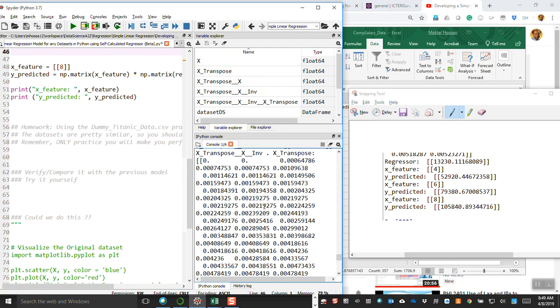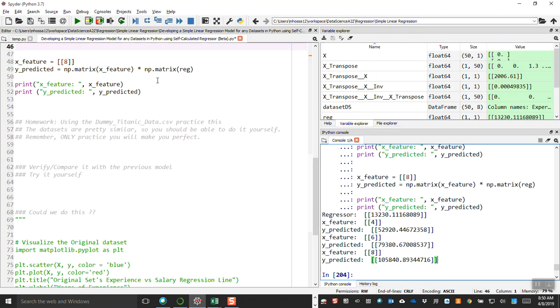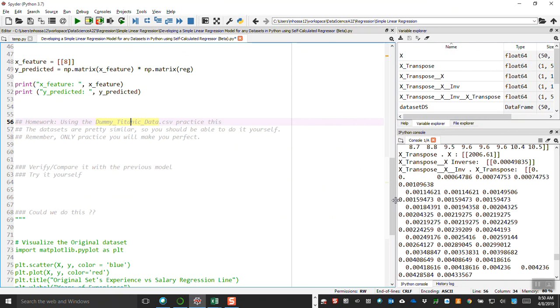Let me compare this. You see that my previous regressor was 13230, and this is now exactly the same. And for 4 years experience, previously I had 52920, and now I have 52920. And for 6 years and 8 years experience, the predicted salaries are exactly the same. So that means I can use this model for any kind of